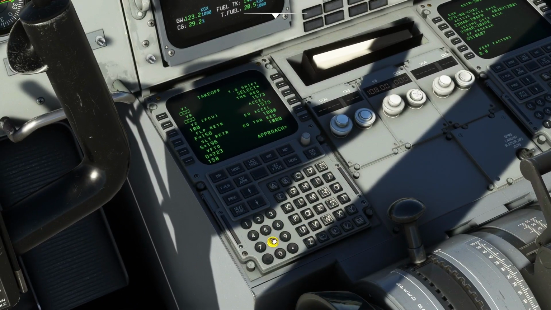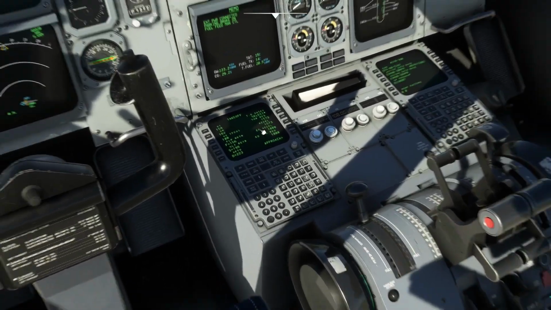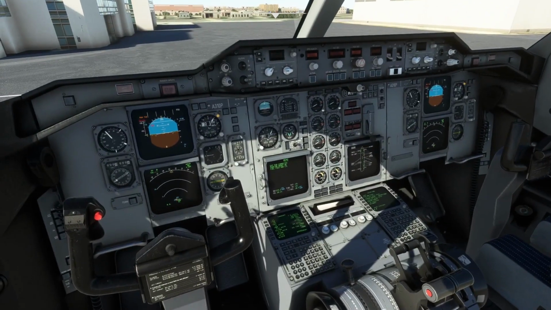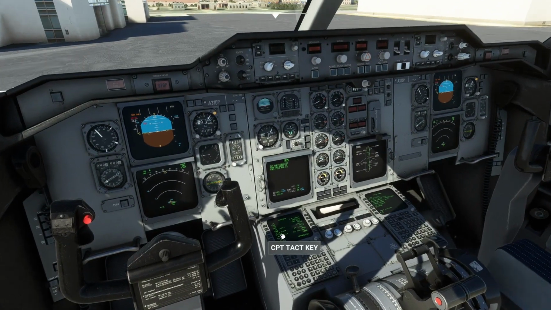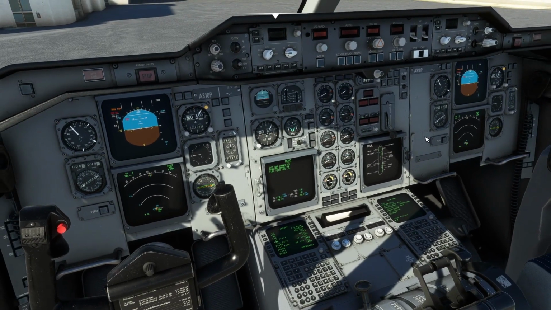158, 162 for rotate, and for this we need to manage this V2 162. We can't enter it from here, so it has to be set up in this. For that we need to start the plane. So I think that is all about flight planning, except that we have to enter V2, which we will be doing from here. So let's now start the